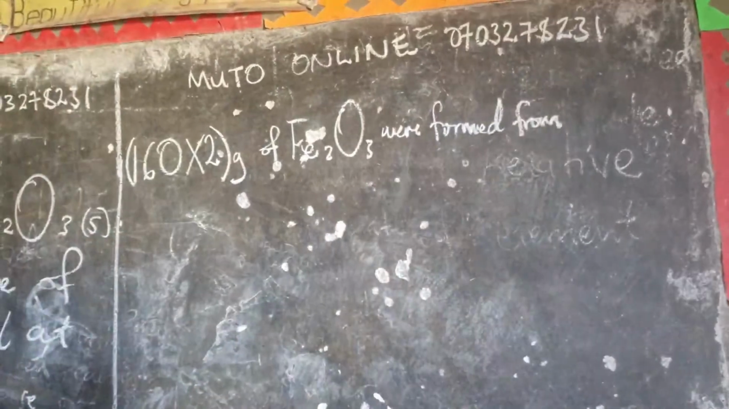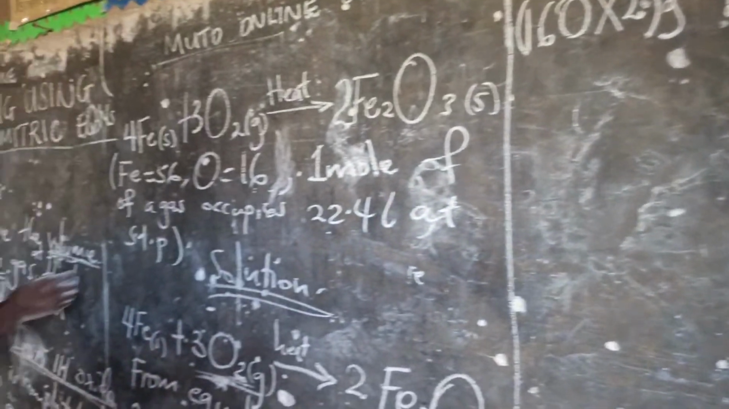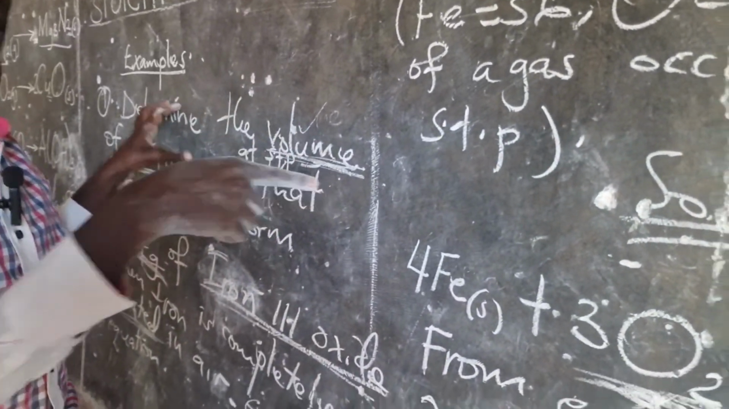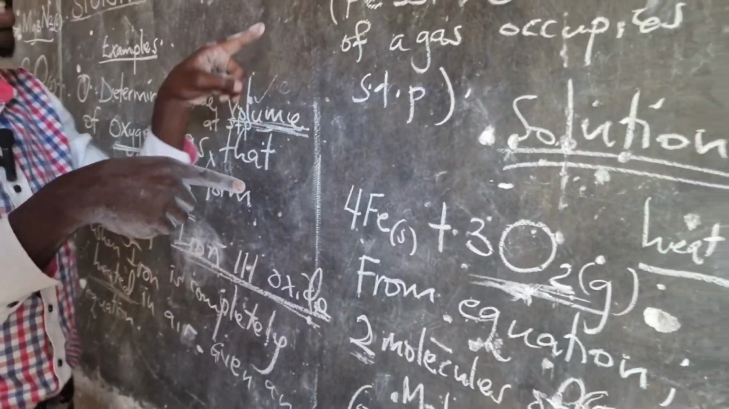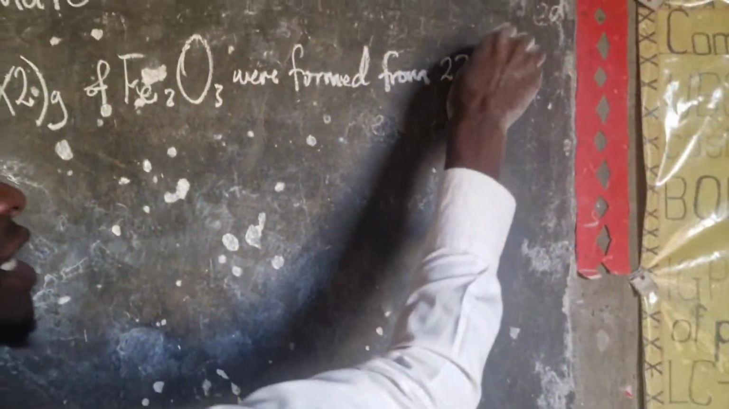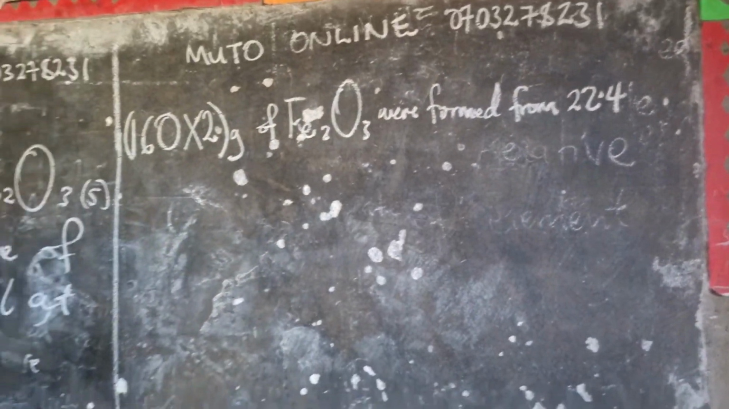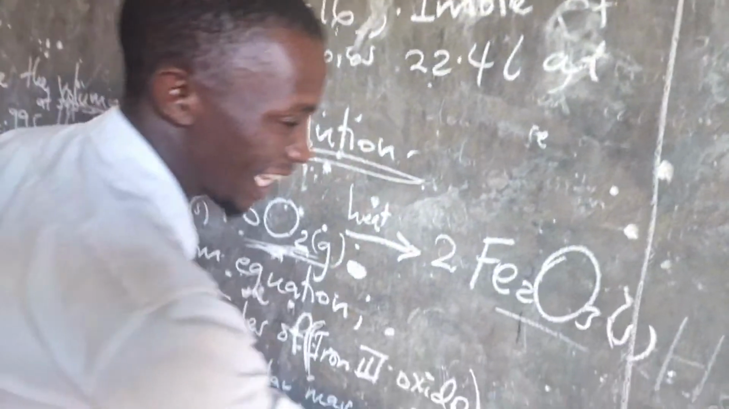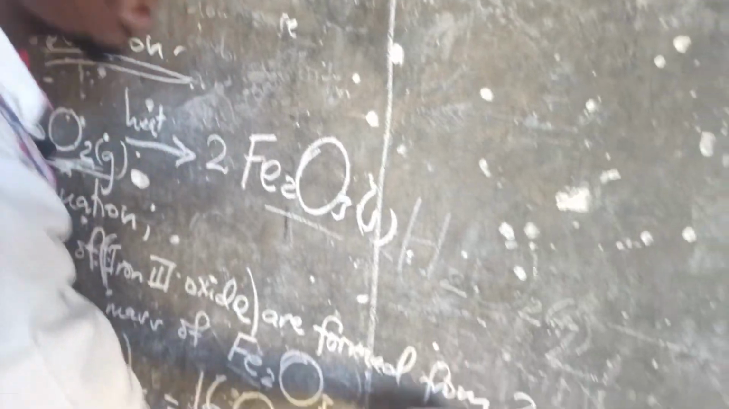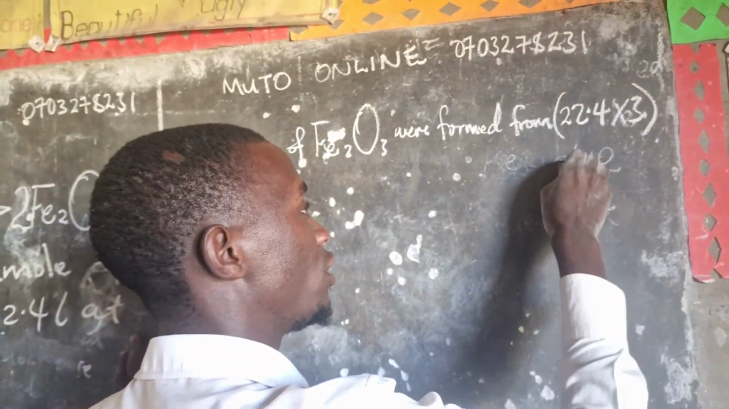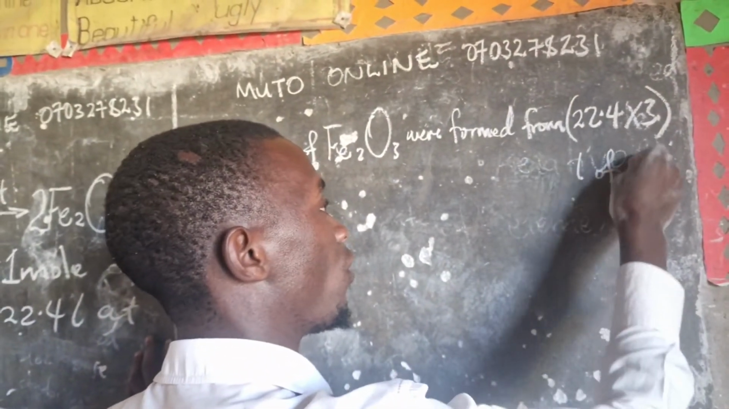From, what did they ask us from the question? They asked for volume. We are relating standards with standards. We are formed from what? The standard volume, which is 22.4 times the number of molecules from the equation. How many molecules of oxygen were used? 3 molecules times 3. What we get, they are liters of oxygen